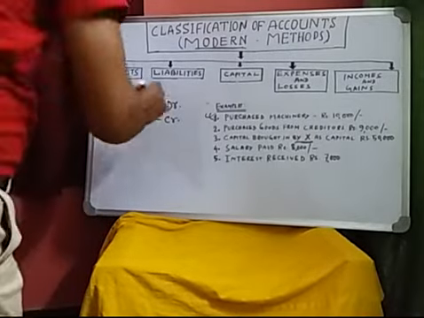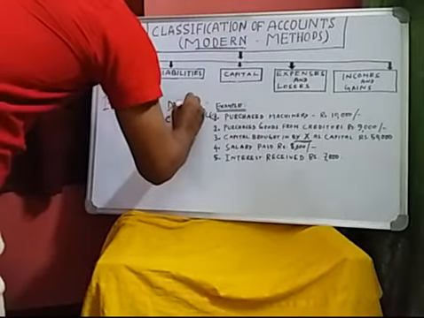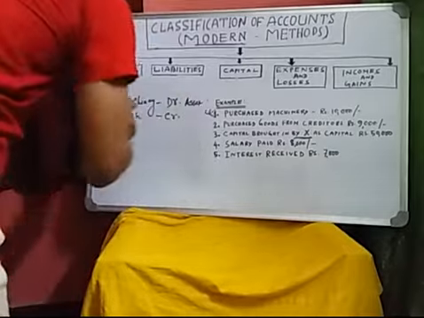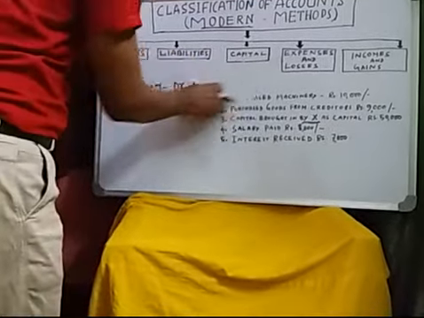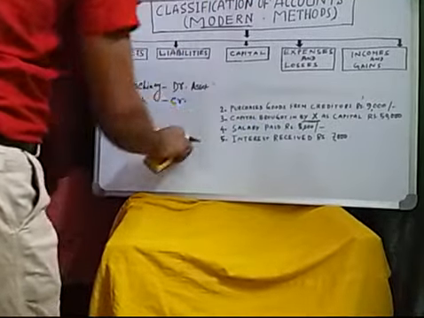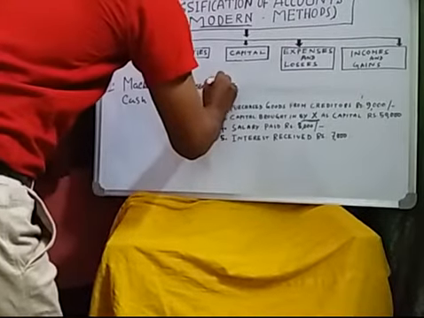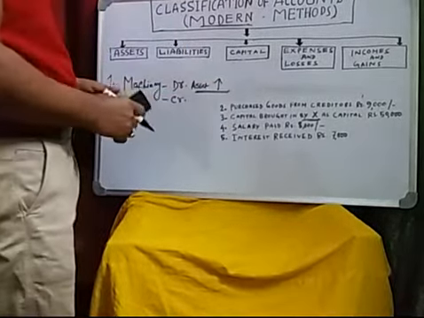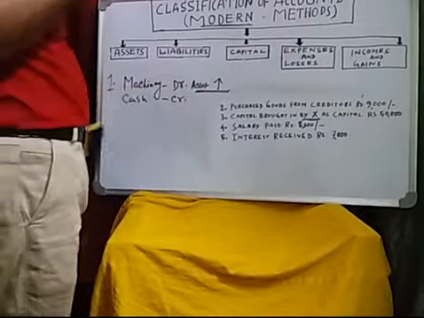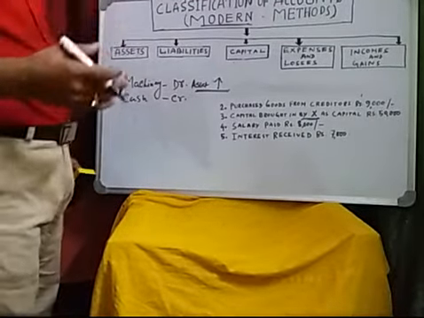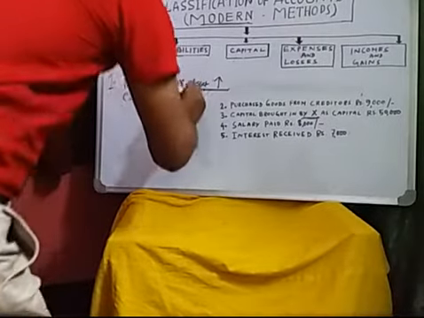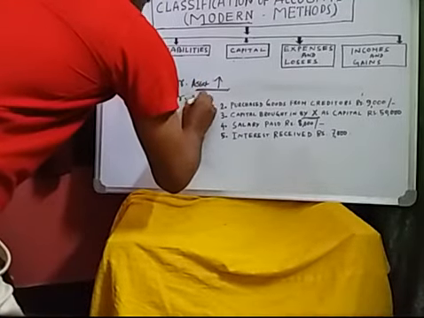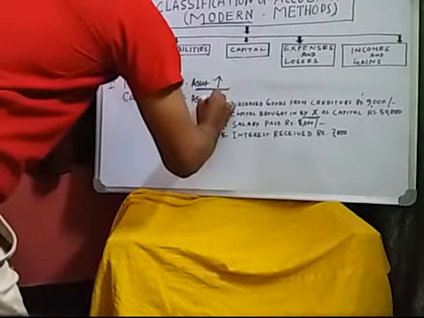Machinery is debit because machinery is an asset and the value of the asset is increasing, up arrow. So as the asset increased, that is why it is debit. And if you purchase assets, then your money goes out, your money will be reduced. So cash is also an asset, and the asset reduced.